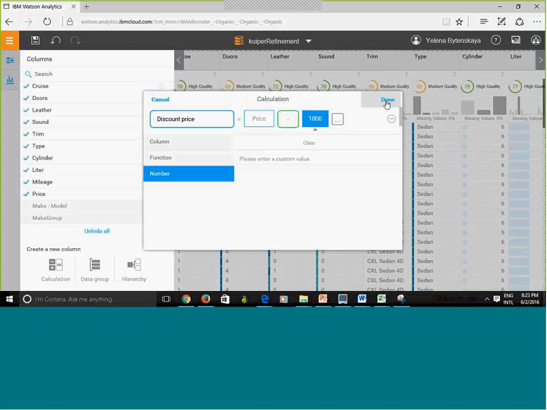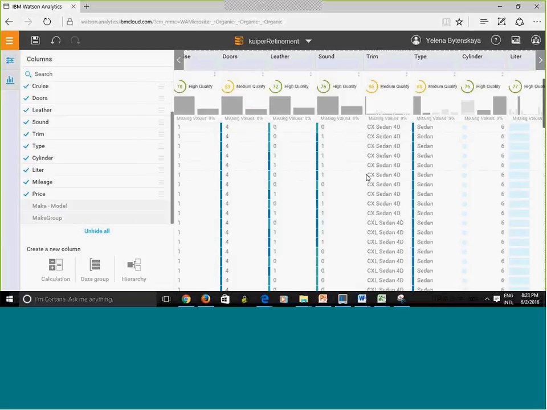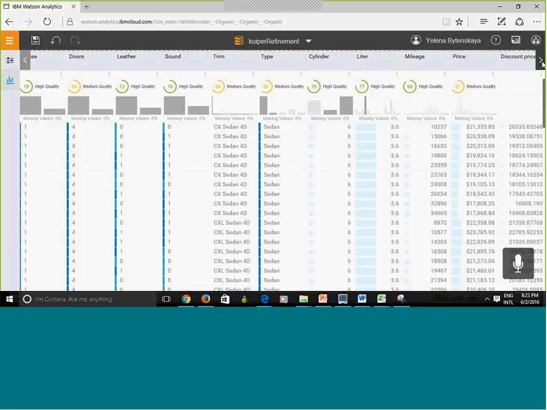It will create another column for me called discount price. Now, to close this out, you're gonna click here. Now I'm gonna scroll down. There we go. The column is added at the end, but if I don't like it, I could drag and drop my columns to change order. For some reason, it's not cooperating today, but you can drag and drop to change the column order. It could also depend on the browser that you are using.